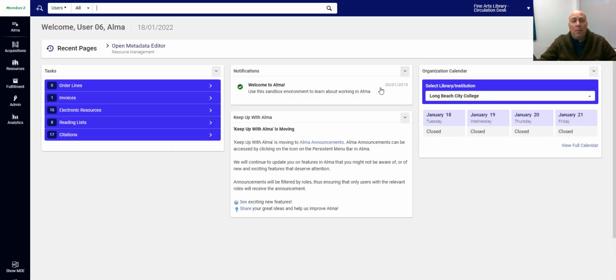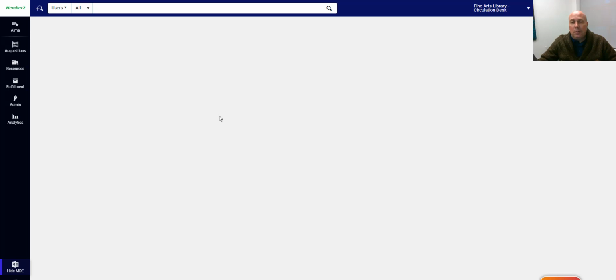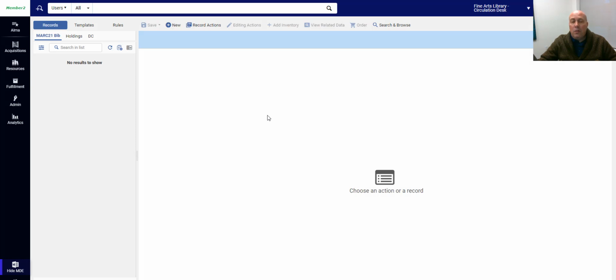And here we see the Alma ILS. We can do searches. It has a calendar over here. We're more interested in the metadata editor. So under resources, we're going to select Open Metadata Editor. And this will open up, and this is where you're going to be editing all of your different records or a single record. Every time you create a new record, it would show over here, or if you have an open record. Make sure you have the Return to Old editor, which would denote that you're using the new editor. So this is a video tutorial for the new metadata editor.